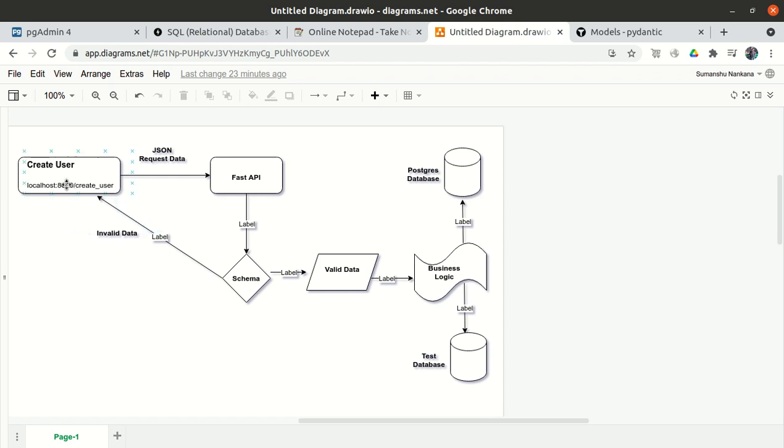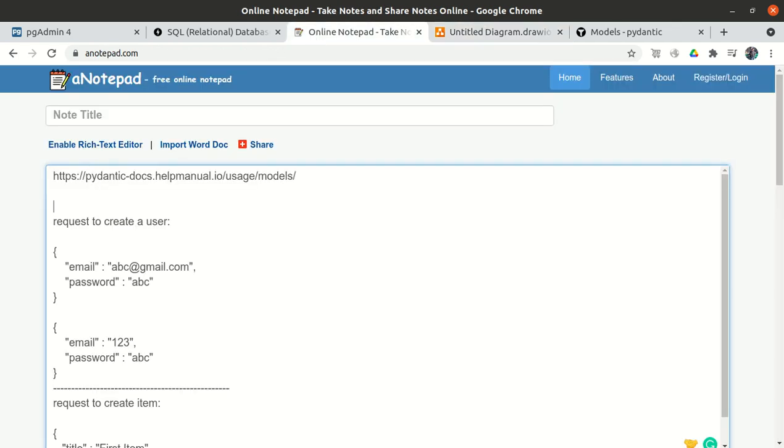We have to create the user. So we have to create a REST API, and the REST API method is called a post method, right? So how the whole process will run: from the front end, or just by calling the REST API using the Postman tool, or using the curl command, or using our Swagger UI documentation, or nowadays we can call it OpenAPI documentation. So we will create a post method with the path create user, and we have to pass some JSON data. Right, so what data will we pass?